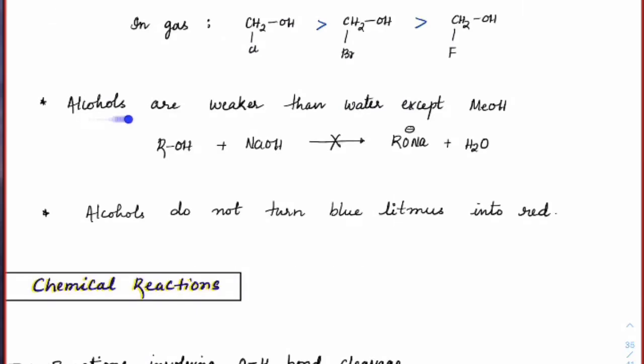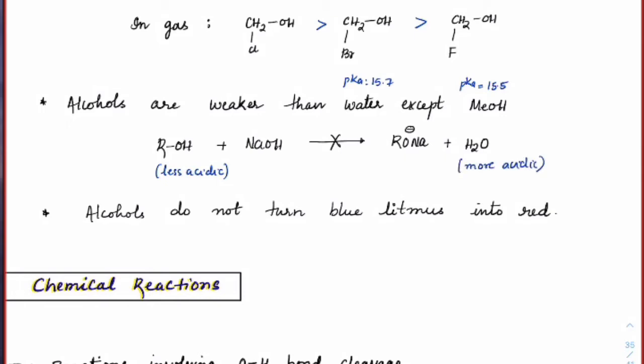Now, one thing we know is that alcohols are generally weaker acids than water except methanol, correct? Water's pKa is around 15.7 while this is around 15.5. So methanol is slightly more acidic than water, okay guys? On the same logic, if you check out ROH and NaOH, if at all we try to react, suppose the reaction happens, this OH minus will take away this H plus, then it will form water. So general alcohols are less acidic as compared to water, which is more acidic.